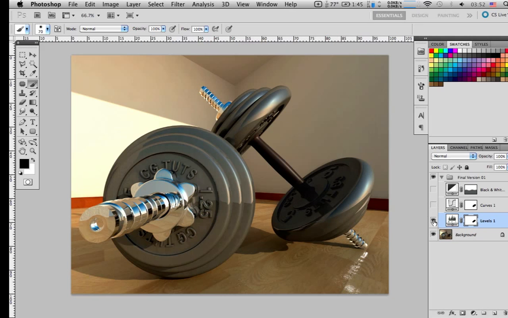So I am affecting all of these areas, but I am not affecting this area here. So it's a good thing that we can select which areas we can affect and which ones we don't want to affect. Okay, so after that I made a curves adjustment layer,